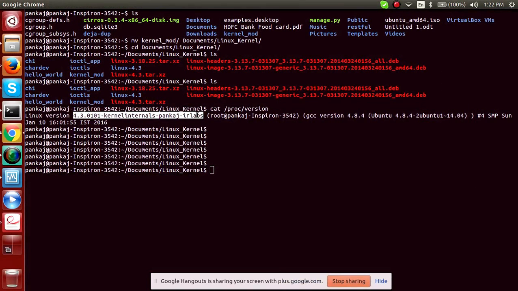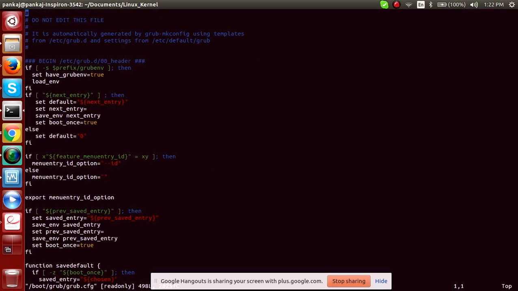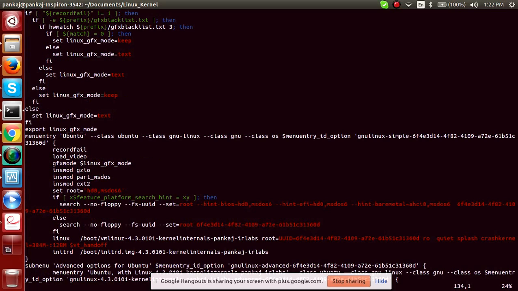Okay, so I'll recap that again. If we see this file, go to the menu entry. The menu entry has this entry, and this is the first entry. And what are the kernel?